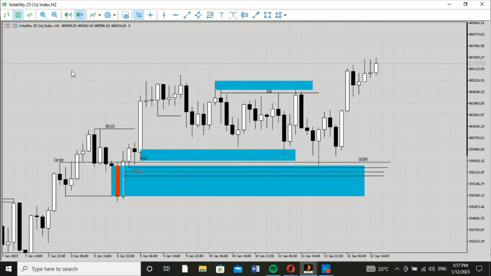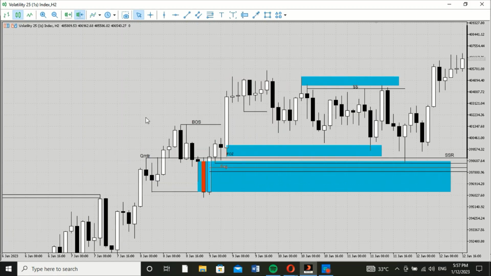Alright? And the setup right here is called the QMTR. It was model trash lines, something like that. It is a failed QML. So a failed QML is called a QMTR, and it is used as a continuation trend, a continuation pattern. So it's very rare. So right here,